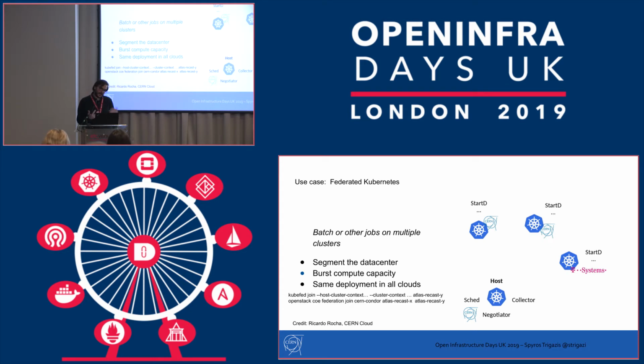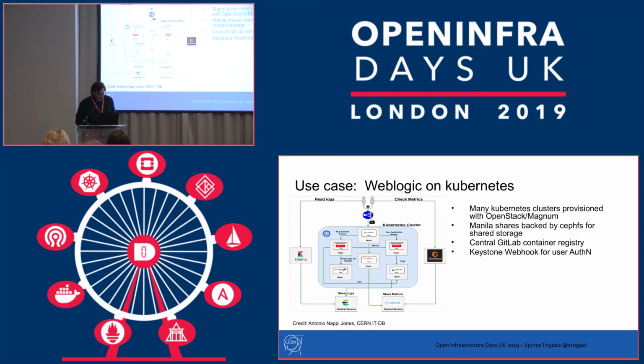Two more use cases. Sorry, I'm a bit rushing because I'm almost out of time. This is one very promising one that might not replace, but is very close to a batch farm. It's a workflow engine built on top of Kubernetes. It uses only Kubernetes jobs, not CRDs, just the batch jobs of Kubernetes, and creates complicated workflows that can be in some levels parallelized or not, if the algorithm allows it,